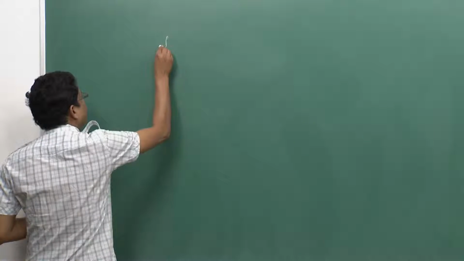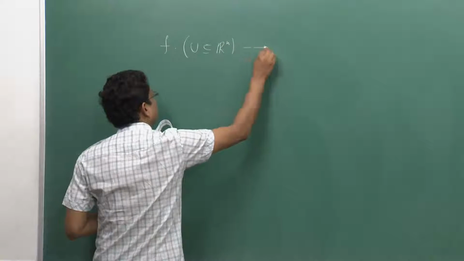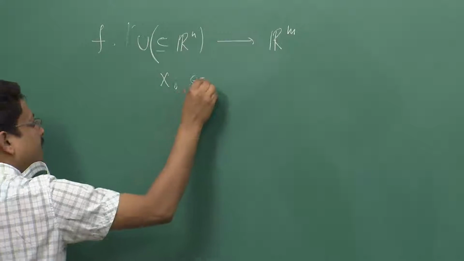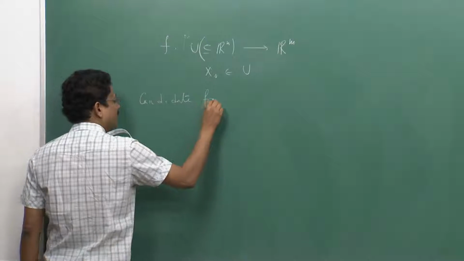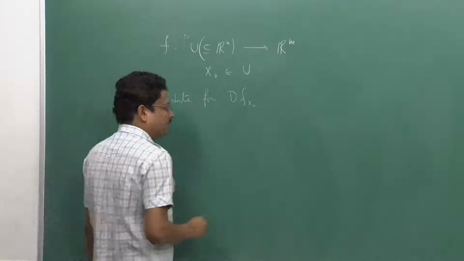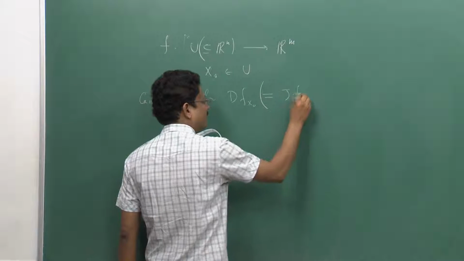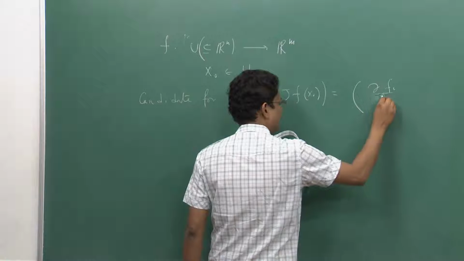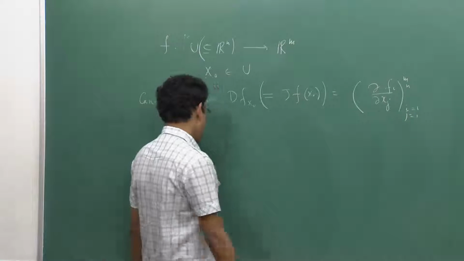In the last lecture, we have seen that if I have a function f from an open connected set in Rn to Rm and x naught is a point, then the candidate for df at x naught, in the matrix form, also written as the Jacobian matrix, is equal to this matrix, del fi del xj, i equal to 1 to m, j equal to 1 to n, and in particular case